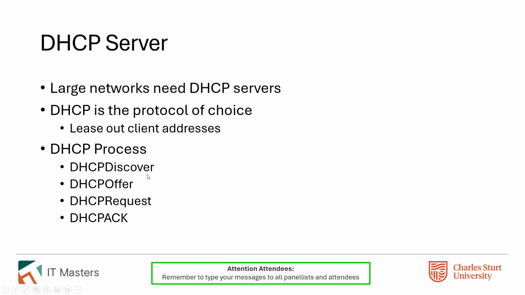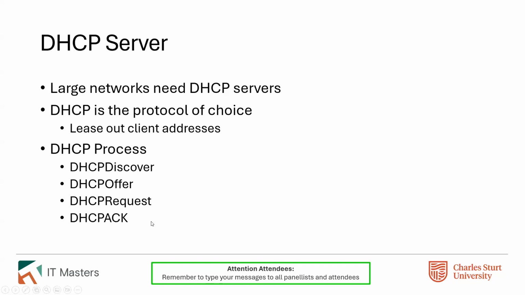Essentially, that 4-stage process again is: the client does a discovery, sends a DHCP discover, essentially saying, hey, I need an IP address. The server responds with an offer to say, this is the IP address I'm offering you, and here's the other details that you might like to know, such as the router, the DNS servers, stuff like that. The client will then go back and say, yes, please, I'd like that address by sending a request. And then the server responds with an acknowledgement to say, yep, it's yours, here you go. And then, and only then, does the client actually pick up that IP address and use it.